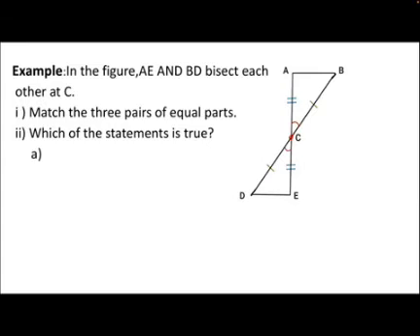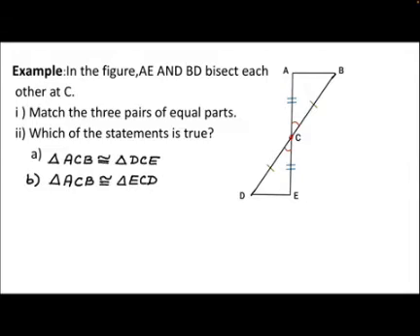Now let us see how to prove that these two triangles are congruent. By now you would have guessed which criterion you are going to use. You have learned two criteria, that is side, side, side and side, angle, side. I am sure you have guessed now which criterion you are going to use. But we have to prove and then write the statement and give reasons before we state that they are congruent. Okay, now which of the statements is true? Just observe the statements. We'll come to it later. Now we have to prove that the two triangles are congruent.